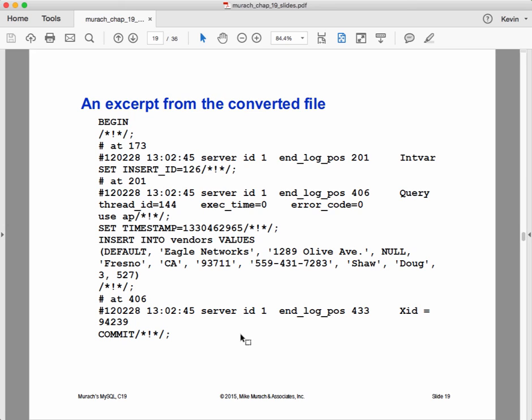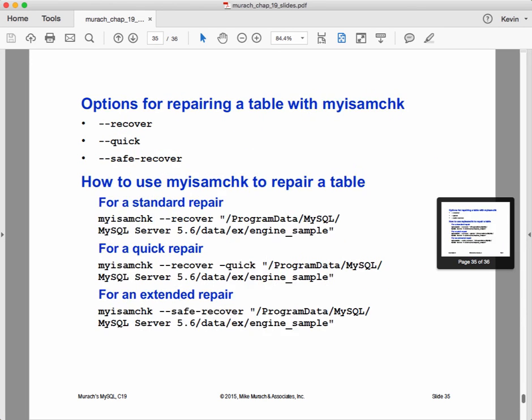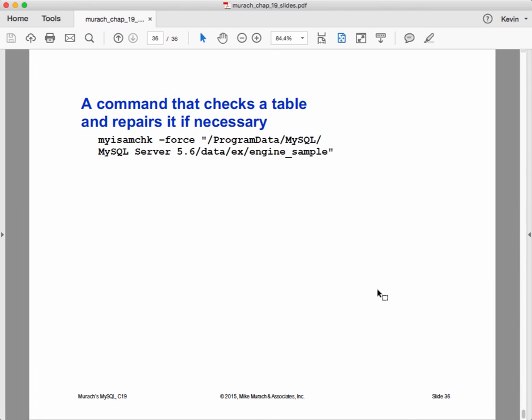And somehow I got back to slide number 19. I don't know how I managed to do that. That's where I wanted to be, slide number 36. A command that checks the table and repairs if necessary. Okay. So,